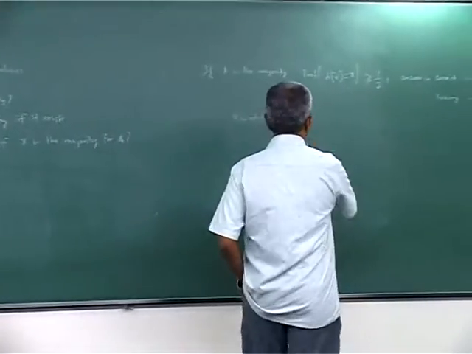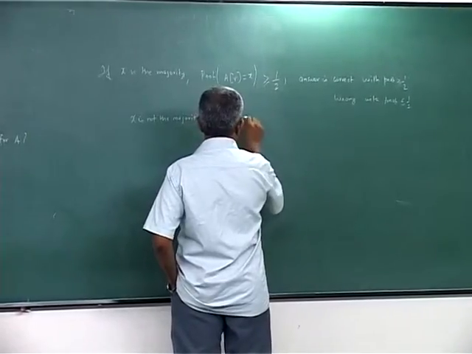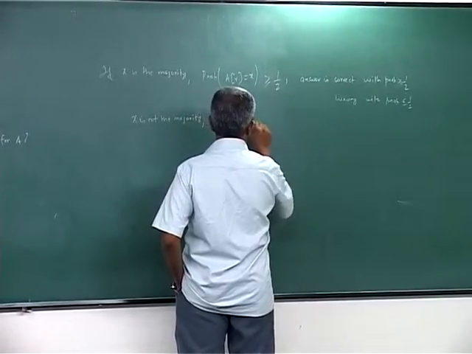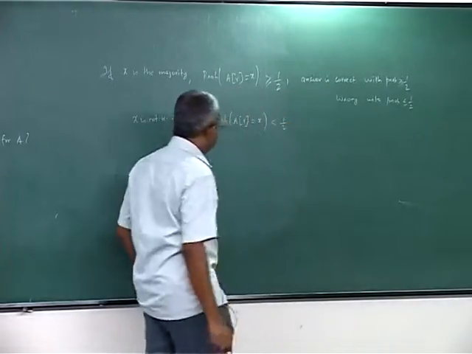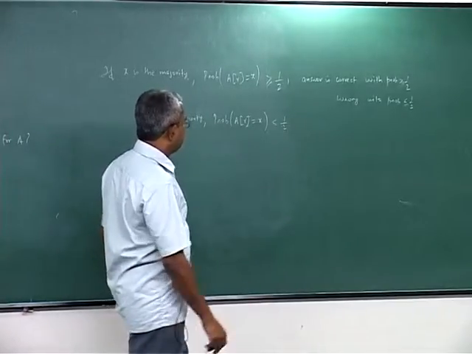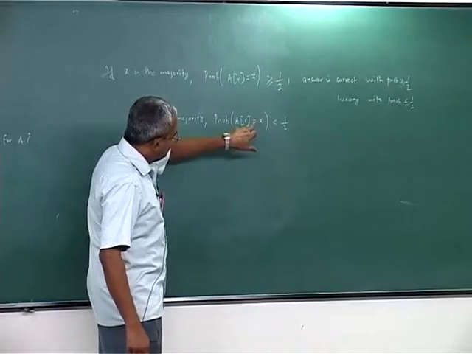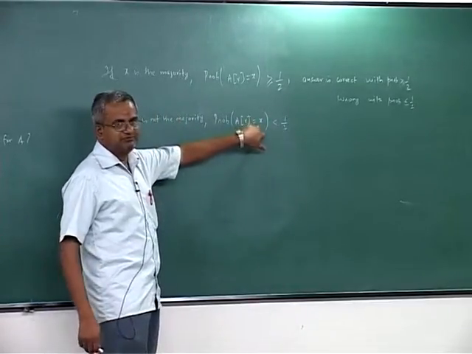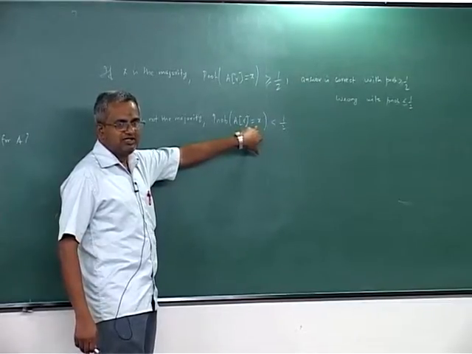The probability that A of r equals x is less than half. If it is equal to x, it says less than half. And what does that mean? It says x is indeed a majority. So, as a result, what happens? The answer becomes